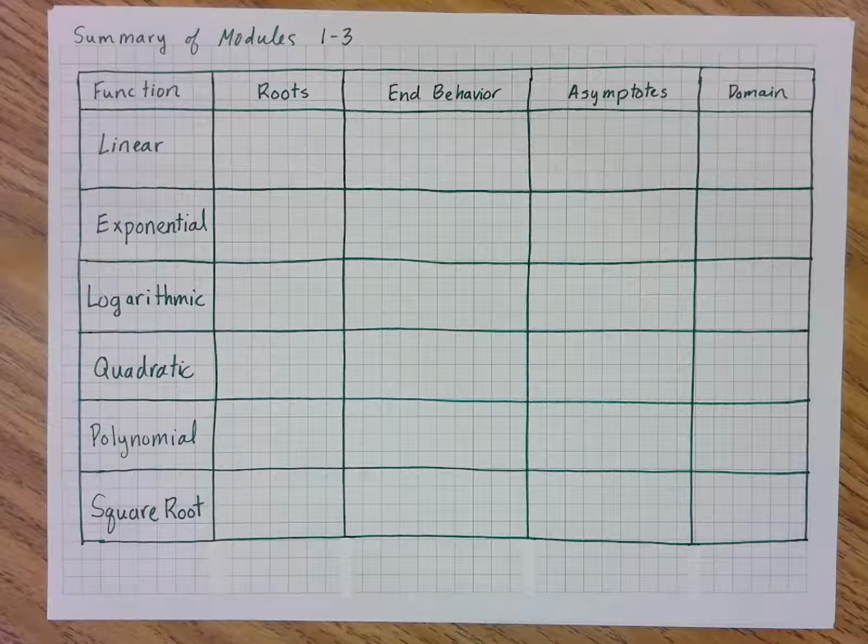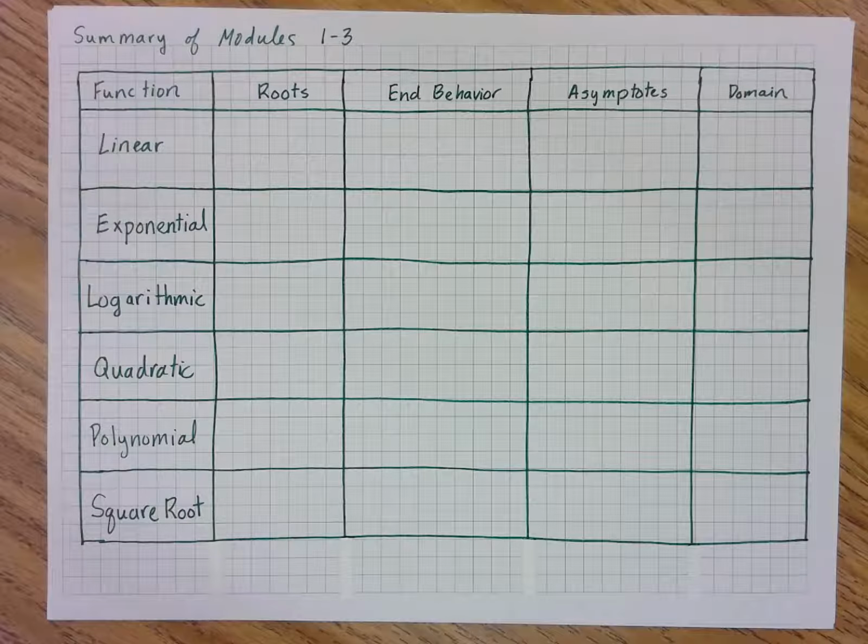These notes are on the summary of modules 1 through 3 for Math 3. This is part of the activity that you did in the very first section of module 4. So we're just going to fill in this table talking about the various functions that we have studied so far: linear, exponential, logarithmic, quadratic, polynomial, and square root. We're going to talk about how to find roots, the end behavior, asymptotes, and domain for each of these 6